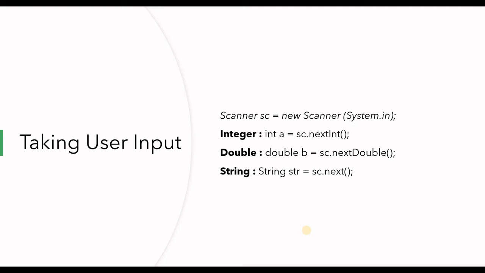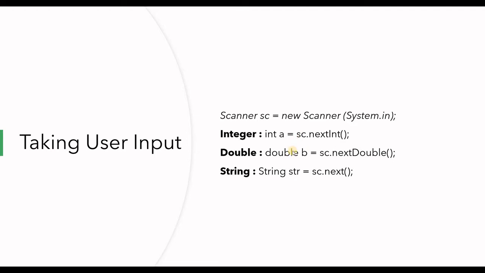Moving on, we have to learn to take the user input. Just as in the last video you saw that Scanner sc = new Scanner(System.in) helps you take user input, where sc is the object and Scanner is the class, and using this sc object we use the functions defined in the Scanner class. We will go into the details in the later part of the course. For now, just understand that while taking an integer input, we say int a = sc.nextInt().